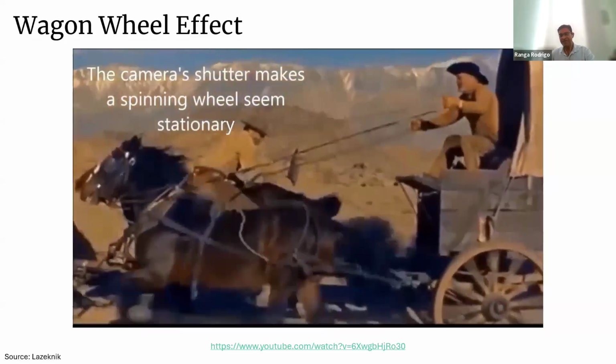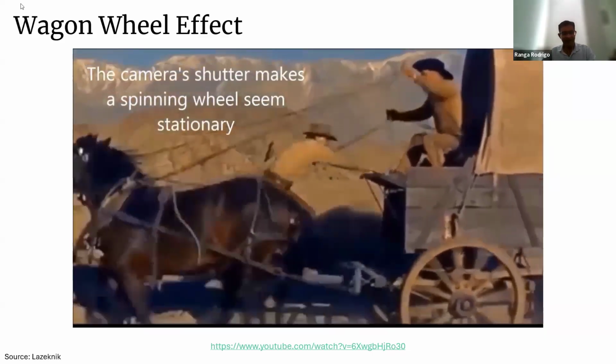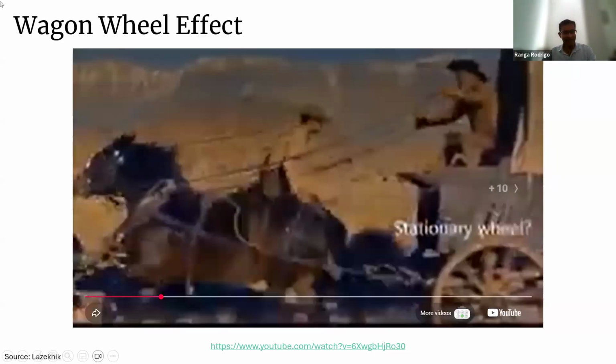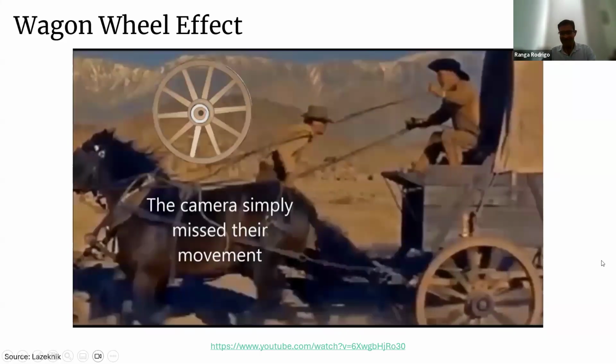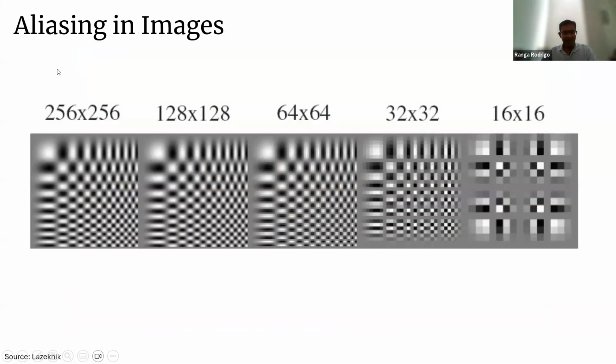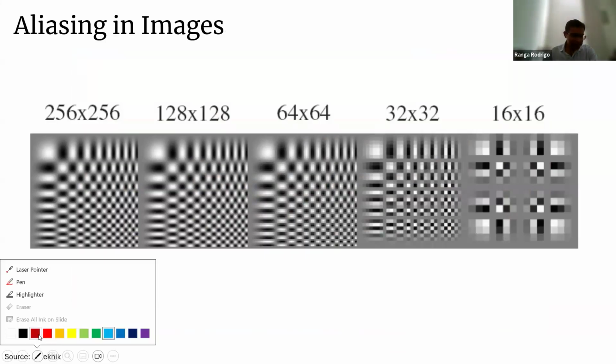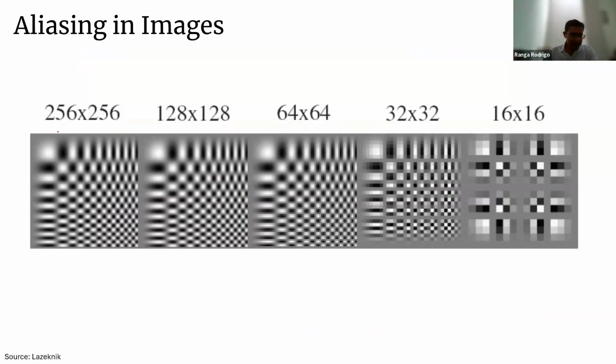The spinning wheel is stationary, so this kind of thing can happen, right? You can study those things later. You can watch these videos and interesting things. So that can happen in images also. So you can see here,